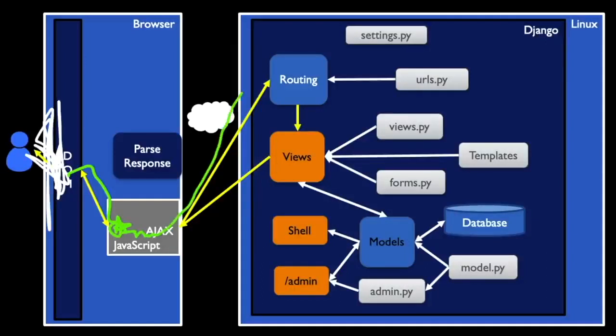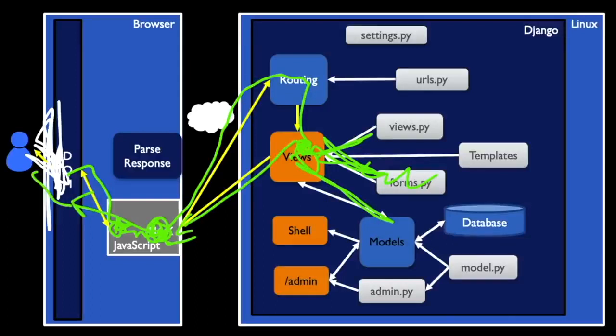And the JavaScript is going to make a request response cycle. It's still going to pick a view, going to grab maybe a template, some data, not so much form, model, and then send data back. And then Ajax is going to parse that data and update something on the DOM, and then you're going to see it. And it really allows a little chunk of the screen to be updated